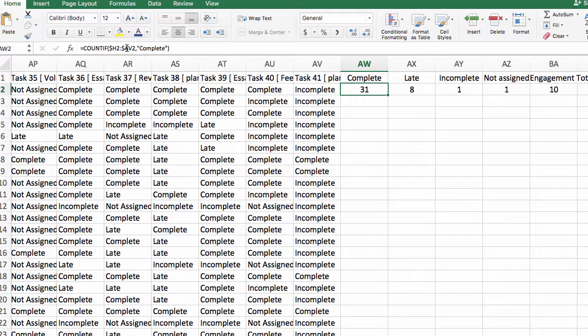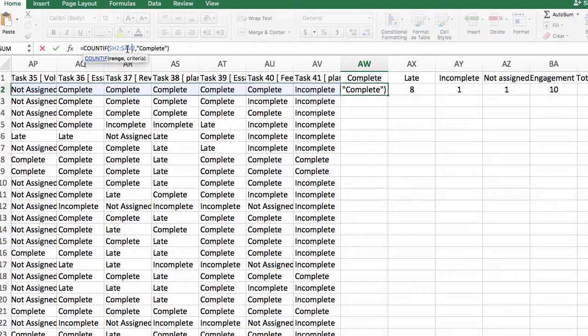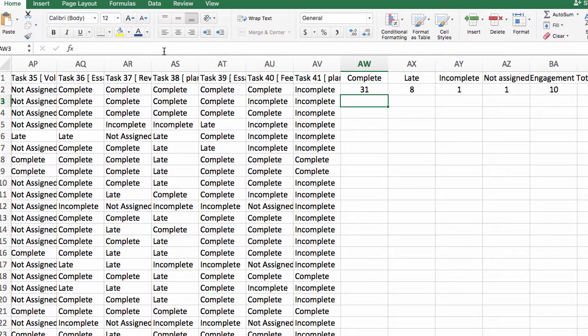For the range, I've used a $ before H and AV to indicate that the columns are constant for each student, but the rows will change. So I don't use a $ before the number 2. After the range, I include a comma and then quotation mark, and the word I'm looking for here is complete. So it will tell me that this student had 31 complete tasks,